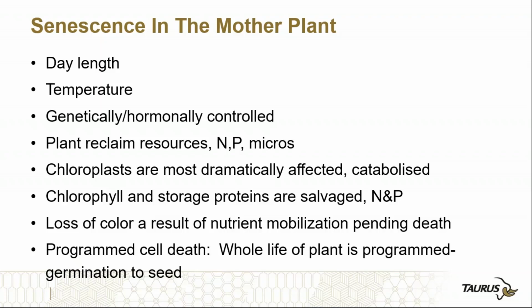Then the plant kills something called a tapetum, which surrounds the pollen grain. It kills that so that it can release the pollen grain. So the plant is perpetually producing new cells and killing off some of its old cells depending on its stage of growth. So this is not unusual, and this is all run genetically.